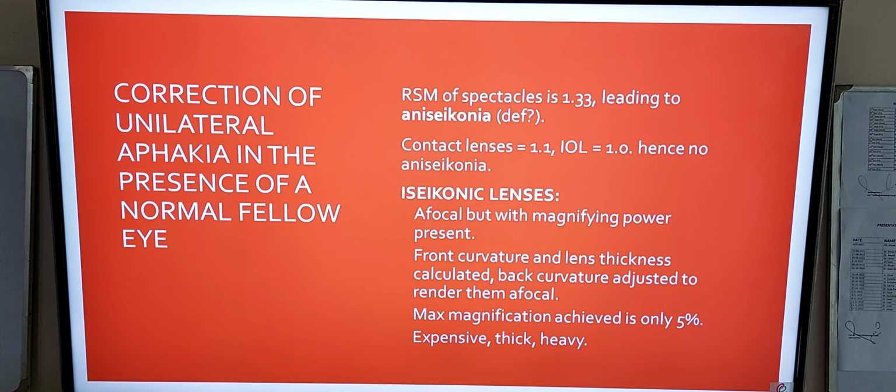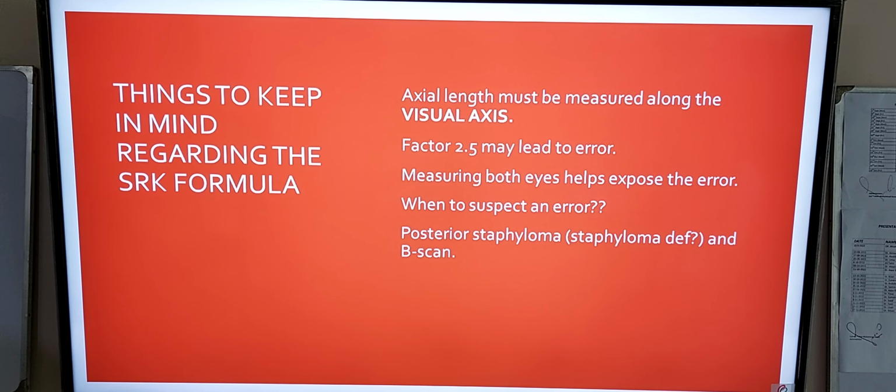There are a few points which we need to keep in mind regarding this formula. The first one is that the axial length must be measured along the visual axis and not the optical axis. The visual axis is the imaginary line starting from the object of focus and ending at the fovea, while the optical axis is actually the distance between the anterior pole and the posterior pole. If we measure the axial length at a line other than the visual axis, we might receive a false reading, and the factor of 2.5 also